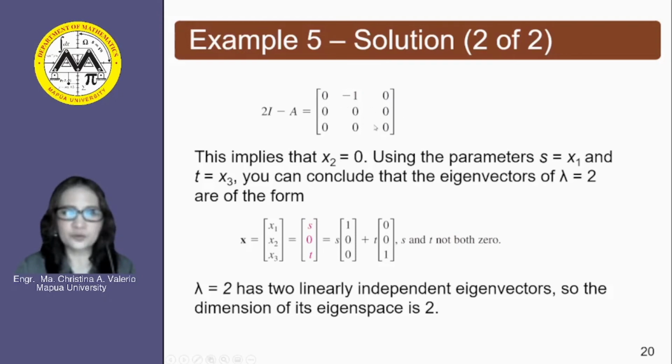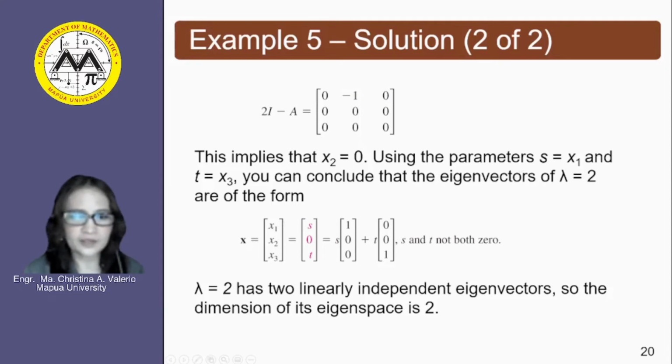So we have here 2 times I minus A equivalent to this particular matrix, and we see that we will have 2 rows of zeros, which implies that x sub 2 is equal to 0, and we can consider x sub 1 as well as x sub 3 to be free variables. Finding the solution to the homogeneous linear system in terms of a parametric solution, using the parameters s for x sub 1 and t for x sub 3, we can conclude that the eigenvectors of lambda equal to 2 are of the form